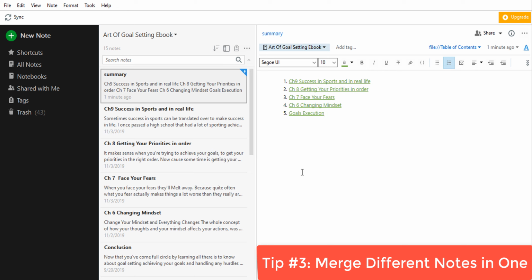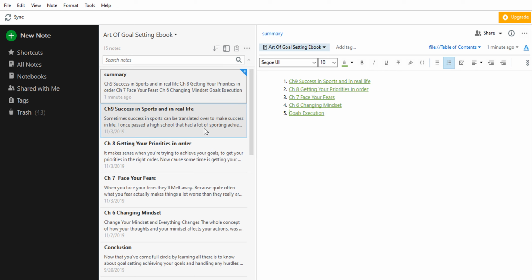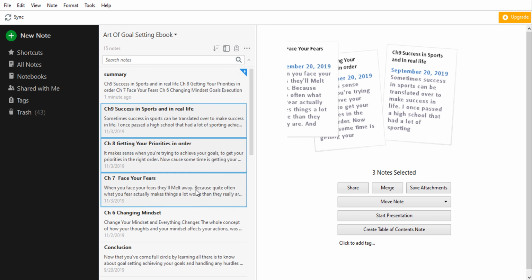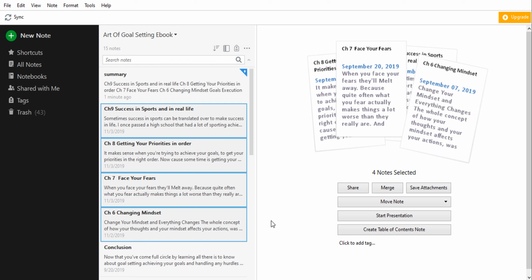You can merge different notes together in one note. You can merge different notes in one note by selecting the multiple notes from the left side, as you can see. Again, you will get the snapshot and additional options as you got while making the table of contents. Here to merge the notes, you have to click on the Merge option. But before I do that, let me make clear that there is no option of undoing that. It will combine all the selected notes into one note and delete the original separate notes. So you should make sure that you want to merge the notes or not. Now let's click on the Merge option.